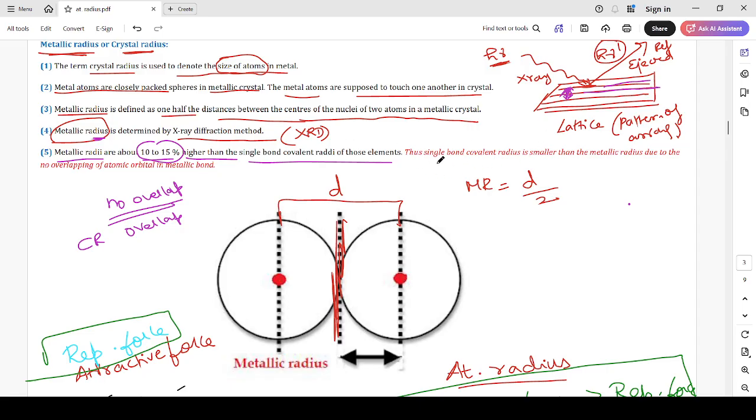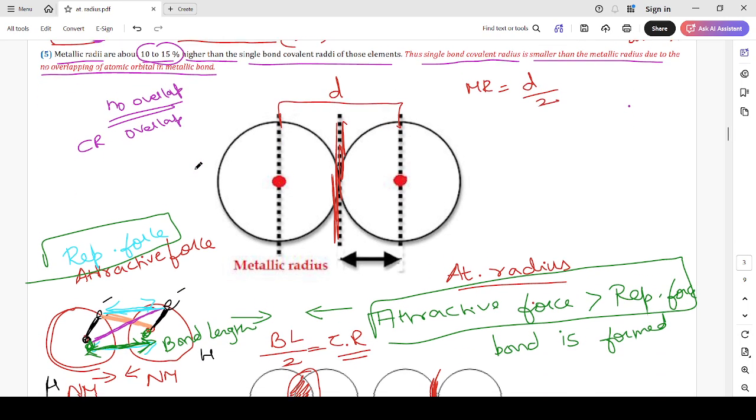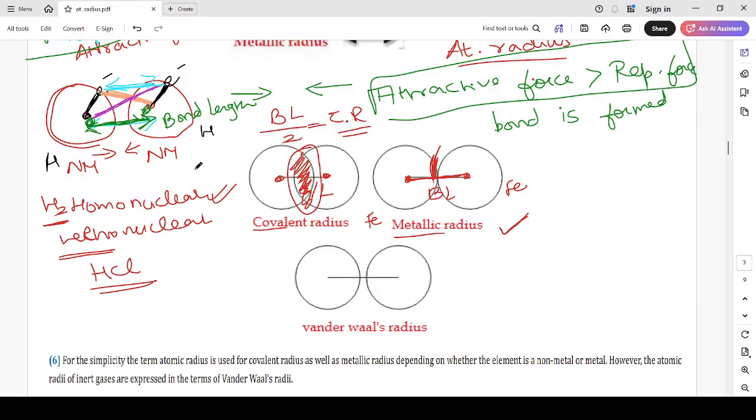Correct? Yes. So in other words, can we say the single bond covalent radius is smaller than the metallic radius due to no overlapping of atomic orbitals in metallic bonding? Yes, ma'am. Mridula, did you understand her? Yes, ma'am. Right. So we discussed about